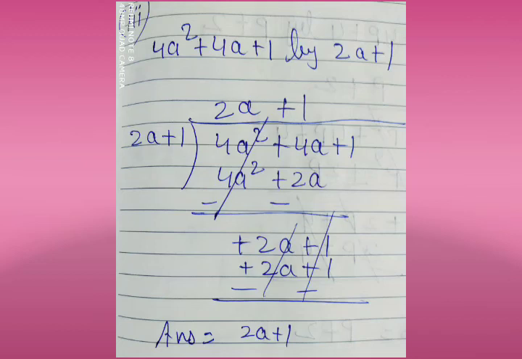Again you can see with which number we will multiply with 2a plus 1, so that we can get the 2a plus 1. It's very simple. Multiply with 1. So 1, after multiplying with 1 we will get 2a plus 1. Now change the sign. So opposite sign, plus 1 will become minus 1, plus 2a will become minus 2a, then cancel, and the answer is 2a plus 1.